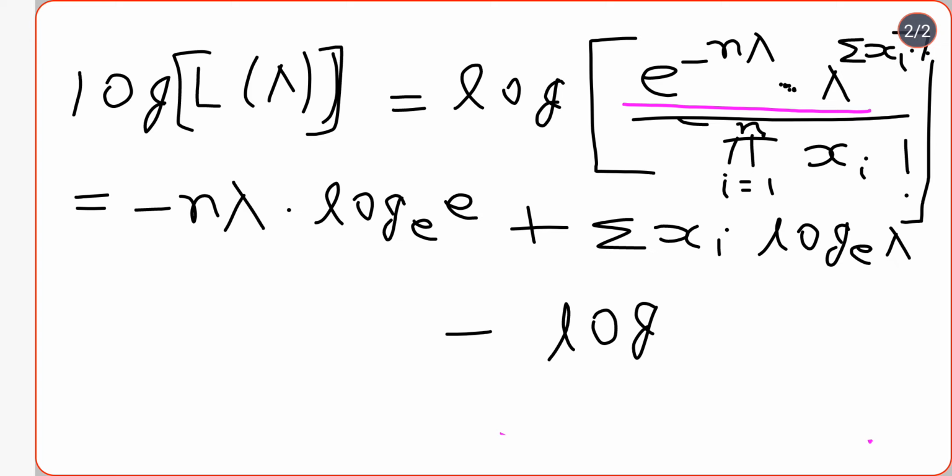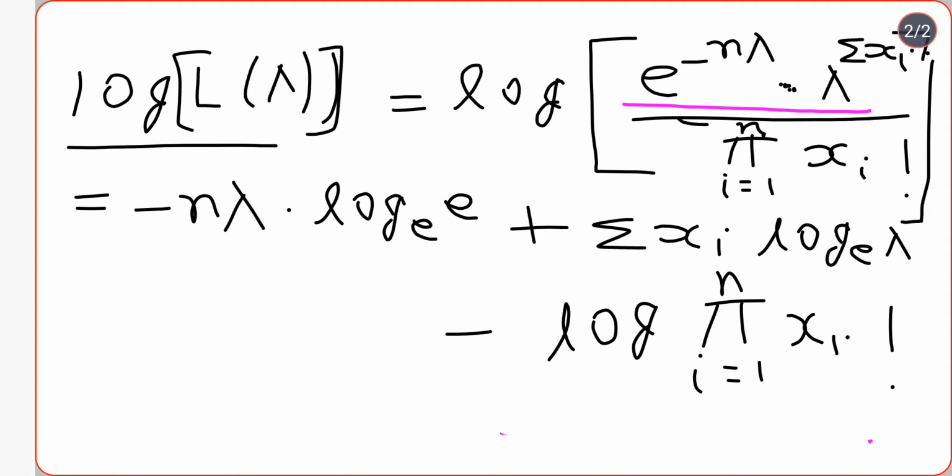log product i equals 1 to n xi factorial. So this is the general form of logarithmic transformation that we can apply here. And now I am going to do the first order derivative and second order derivative to this log L of lambda function, and from that derivative we are going to obtain the value of lambda, that is the parameter, and the value that we will obtain will be the maximum likelihood estimator of the